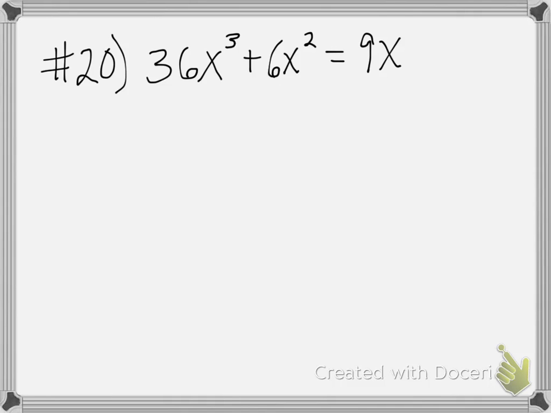Now if you reference the steps I had on the previous slide, the first step is to set it equal to 0. So that's going to be 36x cubed plus 6x squared minus 9x equals 0. From this point, I want you to put it into your calculator, into y equals, and then I want you to press graph,